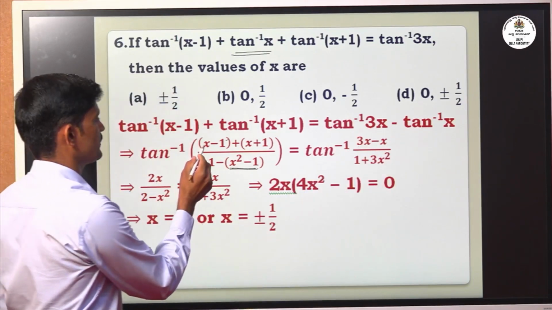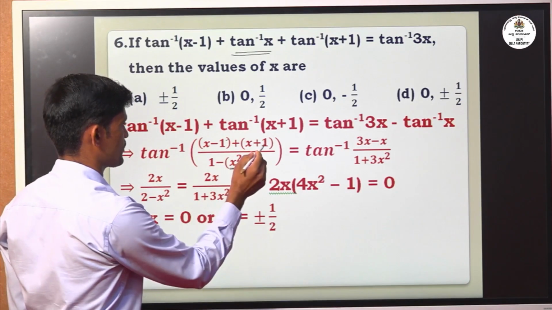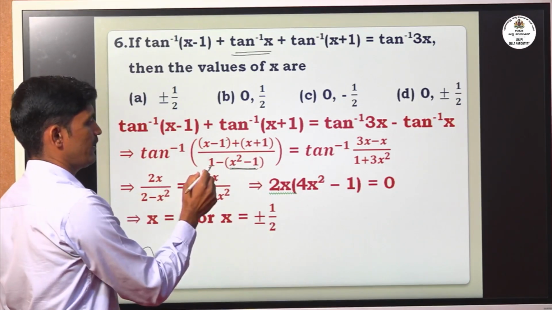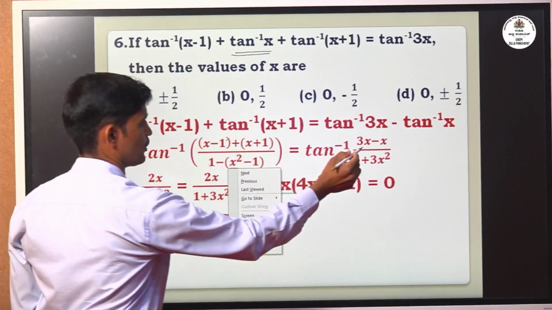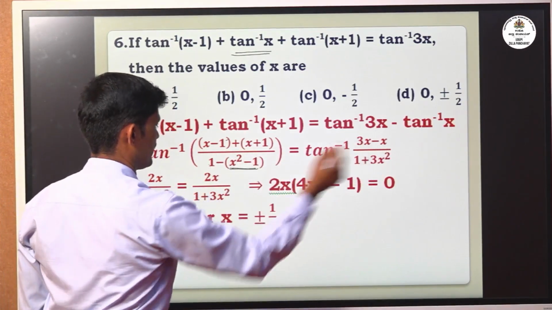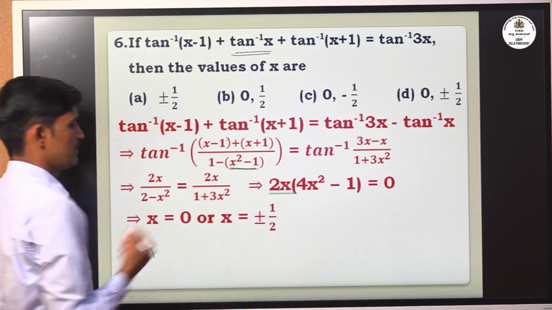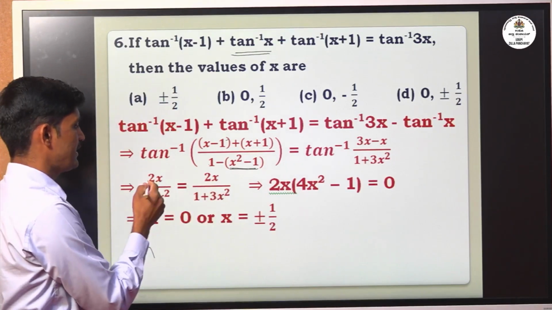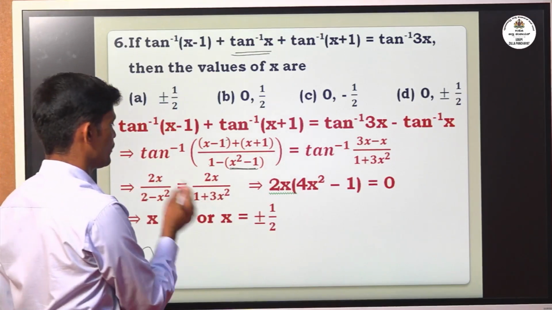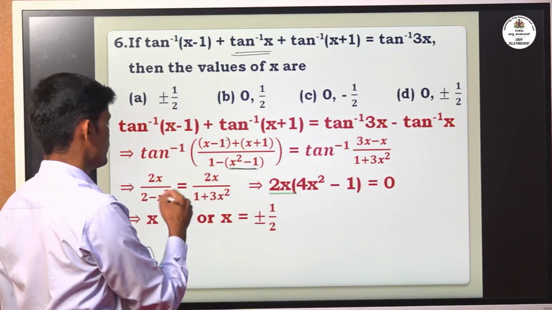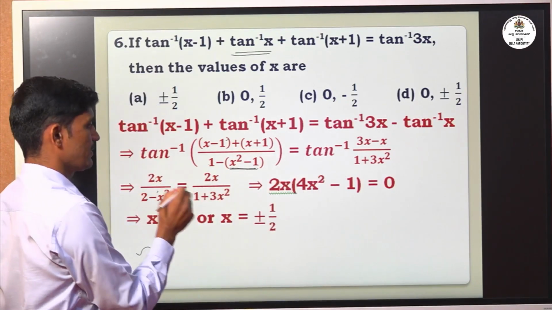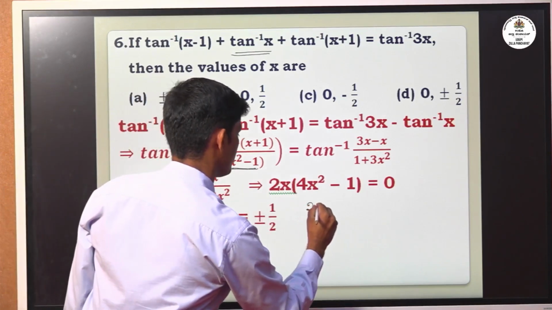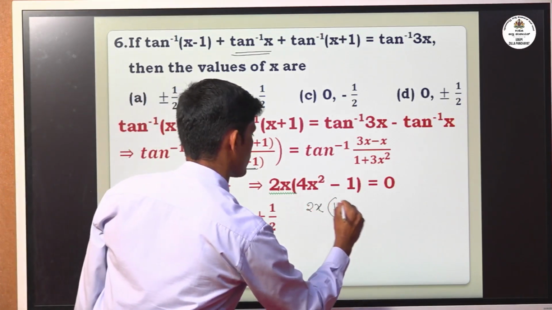Therefore, we get x plus x is 2x, minus and plus cancel. So 2x divided by 1 plus 1 is 2, minus x square, is equal to 3x minus x, that is 2x divided by 1 plus 3x square. On rearranging, this is 2x into (1 plus 3x square) is equal to 2x into (2 minus x square), or 2x is common. This is 2x into (1 plus 3x square)